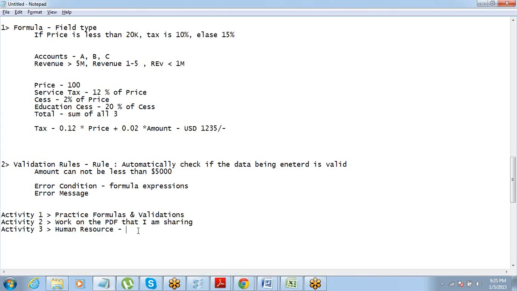Okay, so you should come up with where we can put a formula or what kind of a validation rule can be put on that HR app that you were designing, right? So time for you guys to go back, look into the HR app that you were designing. I do not know how much you guys have done on that. But whatever progress, go back, look into that and figure out where can we use the formulas and validation